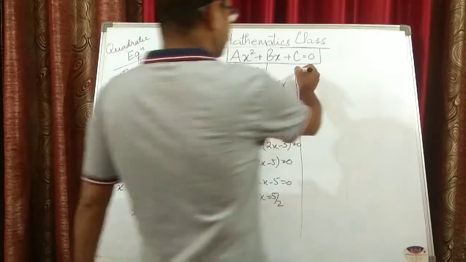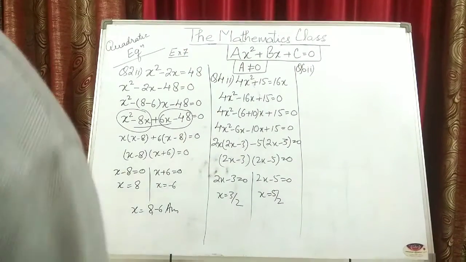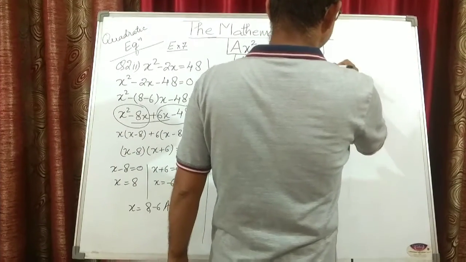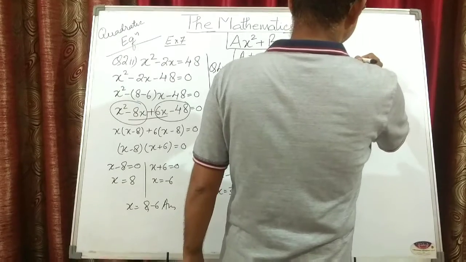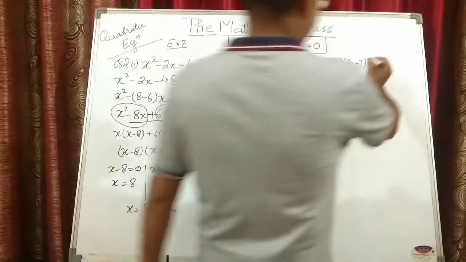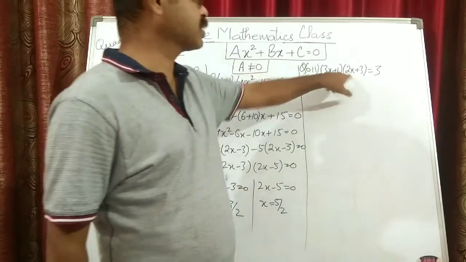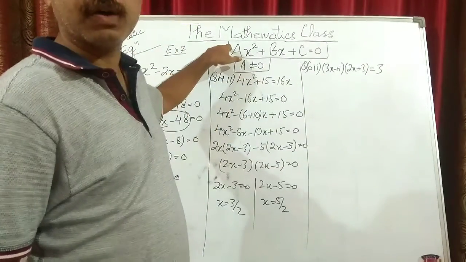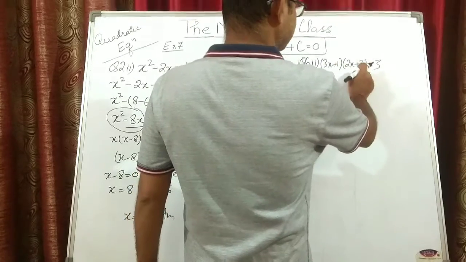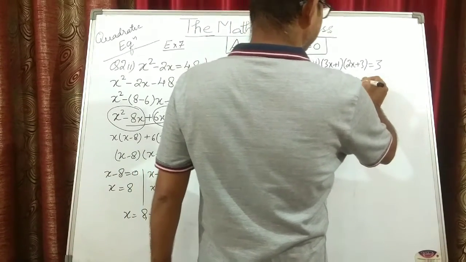Next question I am taking, question number 6, second part. Let's see what that is. 3x plus 1 into 2x plus 3 is equal to 3. Now what we need to do, first we will multiply the brackets to write this into quadratic form. So it is 3 twos are 6x square, 3 threes are 9x and 2x, 9x plus 2x is 11x, plus 3 is equal to